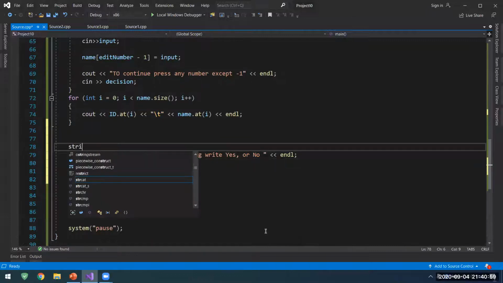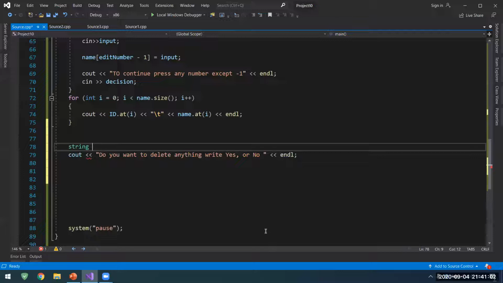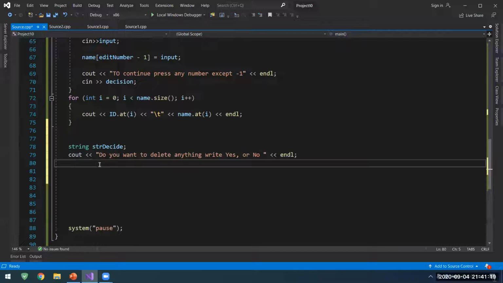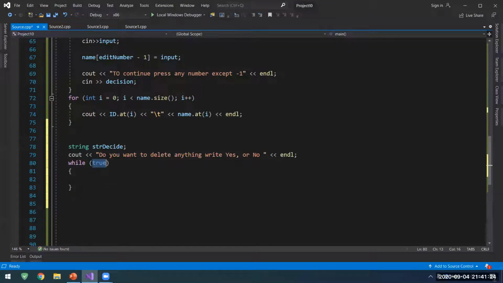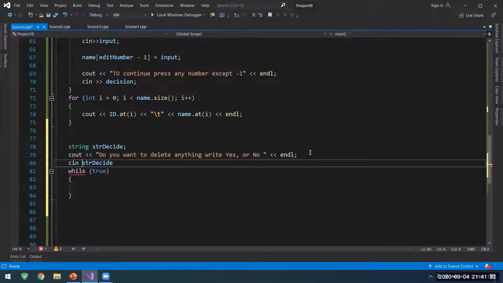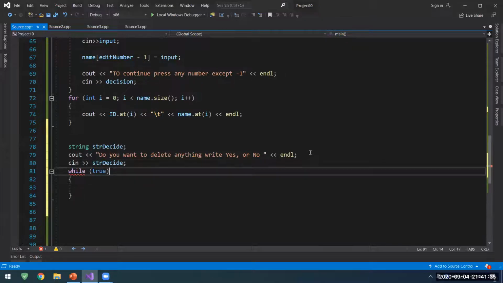So this way I will use a string for the decision, str decide. So this is a string decision. Okay, so we have used char, we have used integer, and I will use string right now. So I will write another while loop, while string decide. So here there will be a cin for the string decide, while string decide equals to